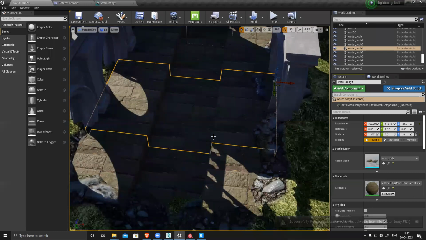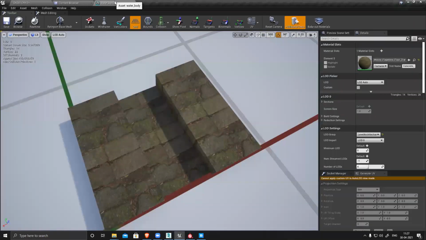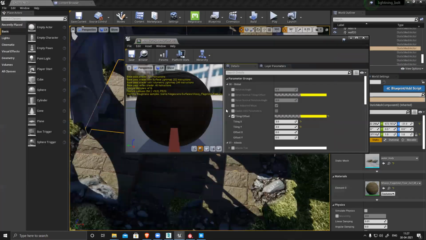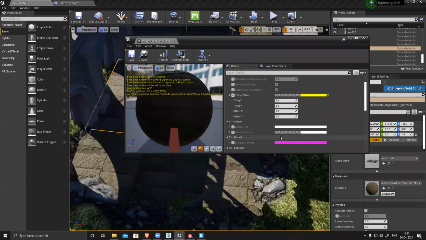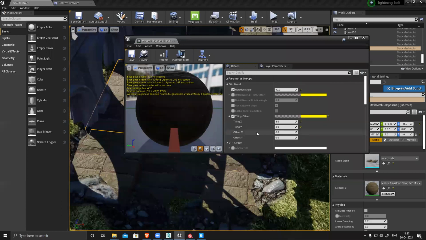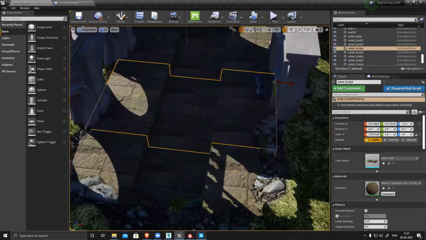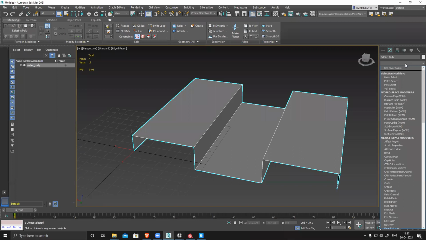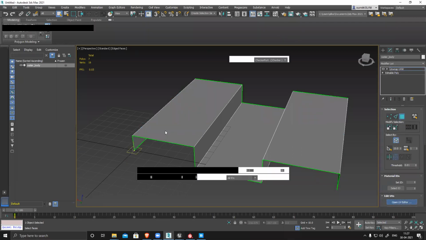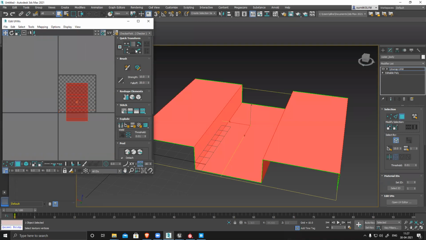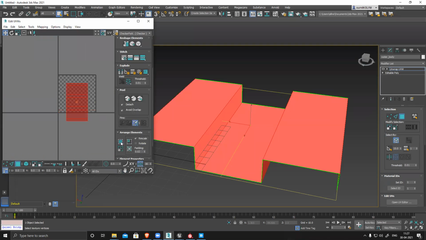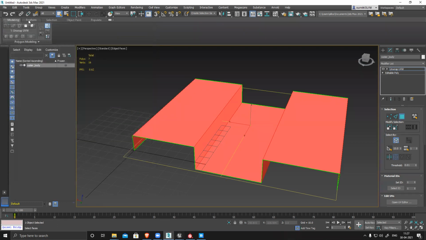But now I can see the texture direction is different. So I believe there is a rotation option is also there. Tiling, rotation angle. 90, nothing happened. Should work. So I don't know, maybe it's broken, it's not working. No problem. I'll go to Max, UV, so the entire thing, rotate it, and then put it. Done.